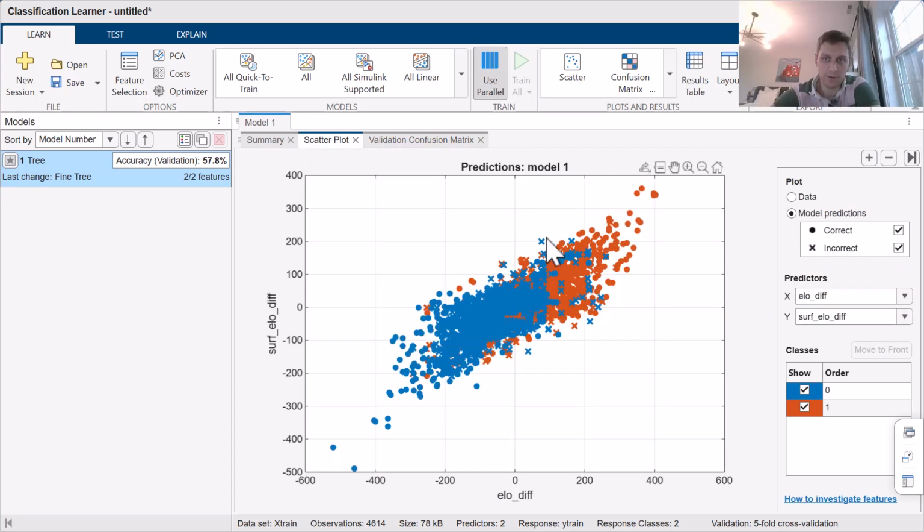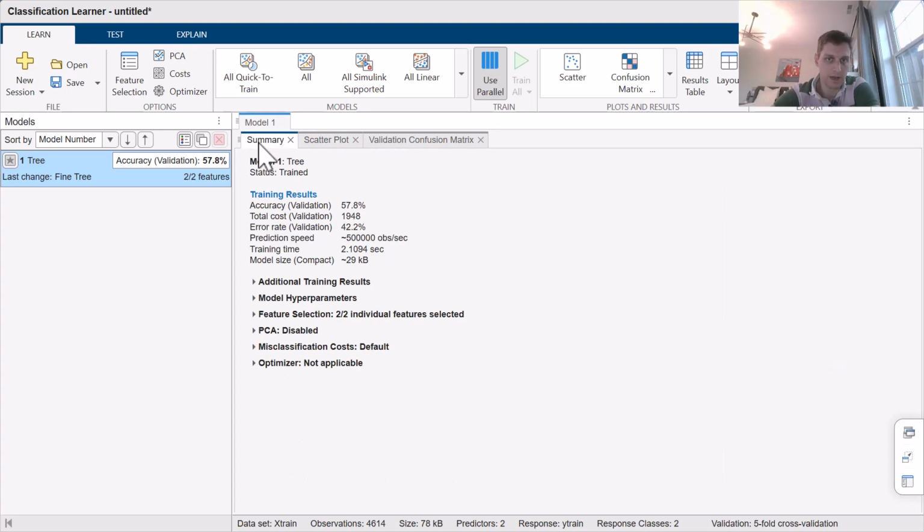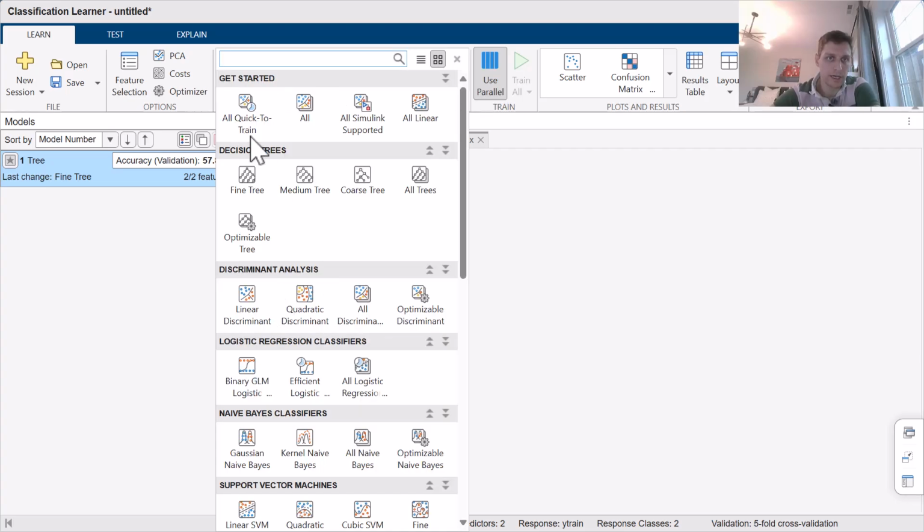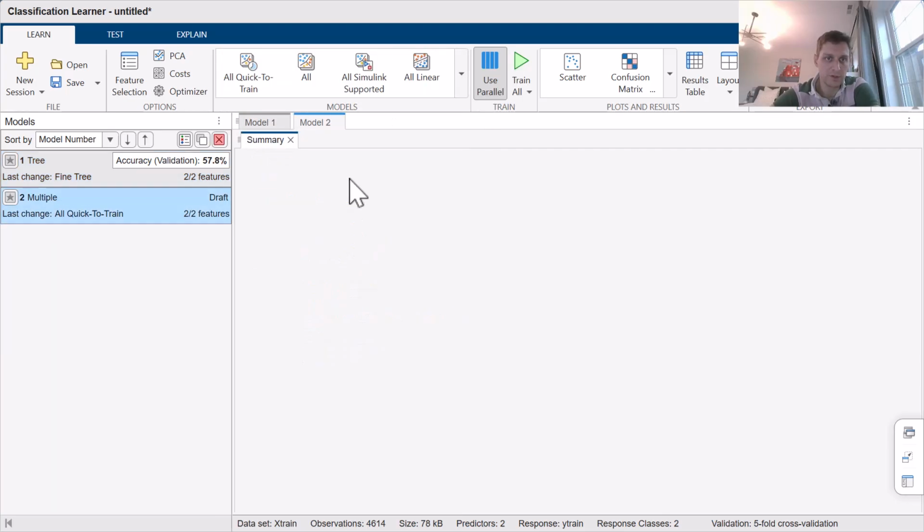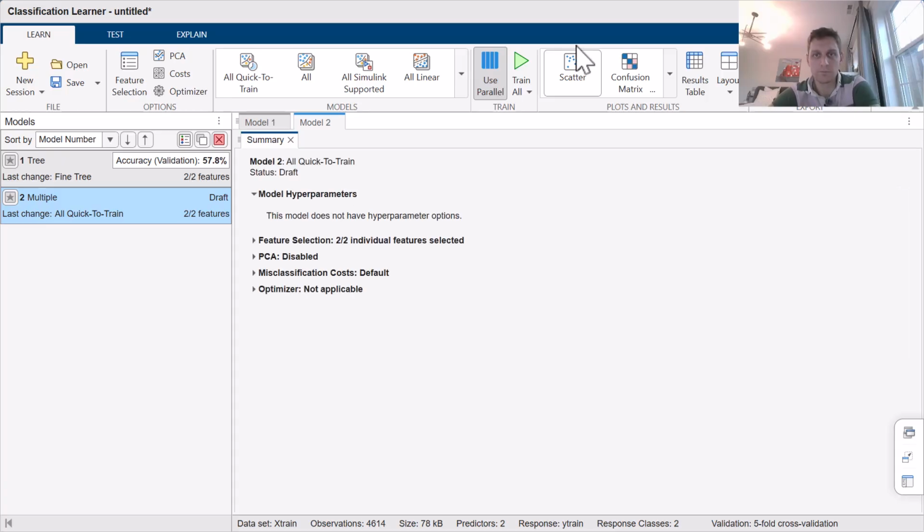Here you can see some of the misclassified points, and you could drill down and look at what's happening there. You can also just select a whole bunch of models, like all quick to train, and see if you can get better accuracy with some of the models.